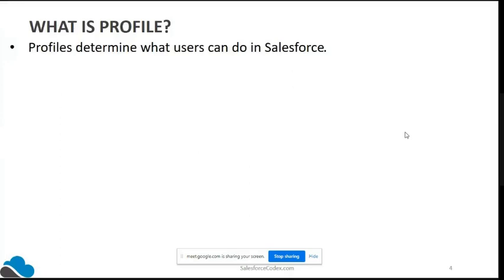First, what is a profile? In a particular org, every user should have at least one profile. Without a profile, a user cannot see any of the information.